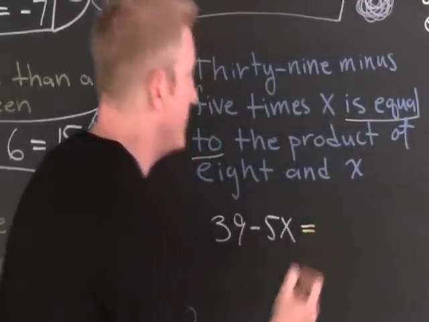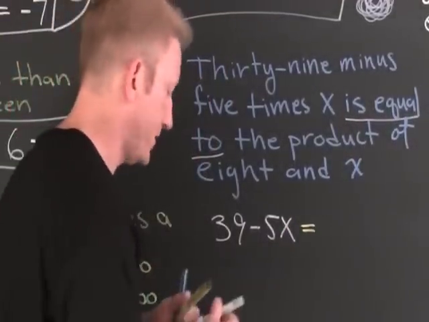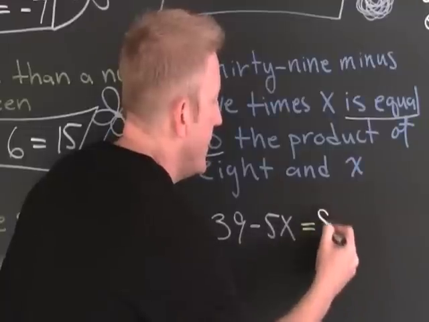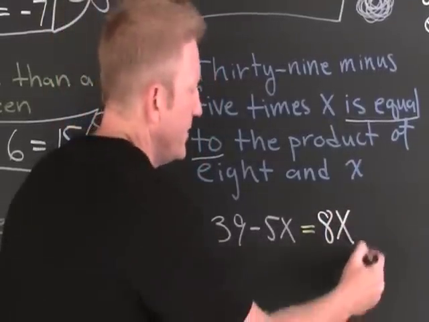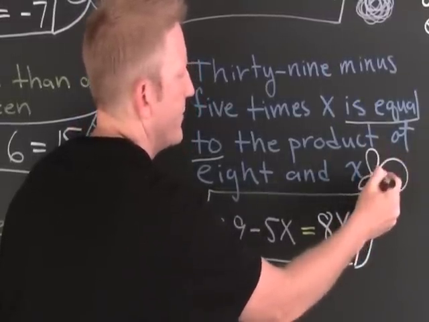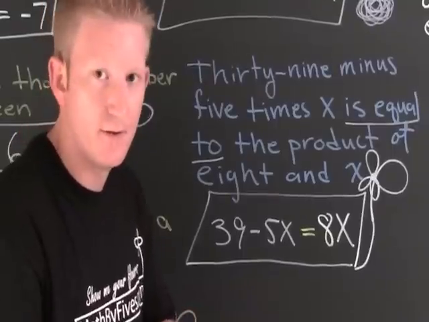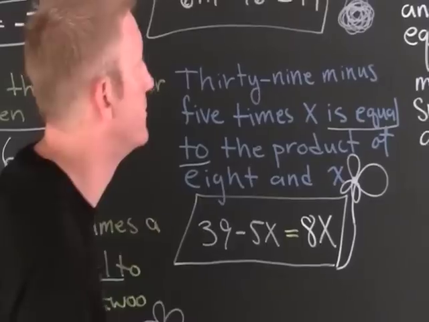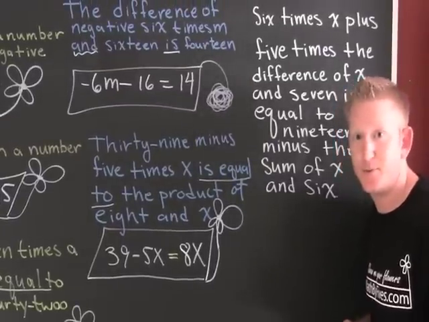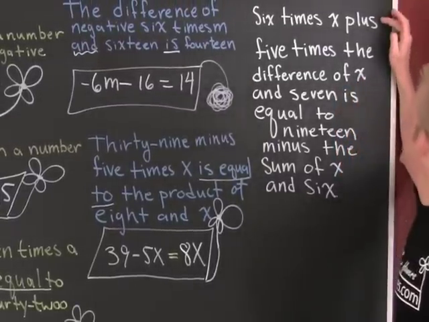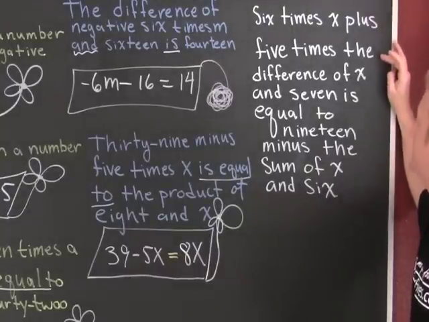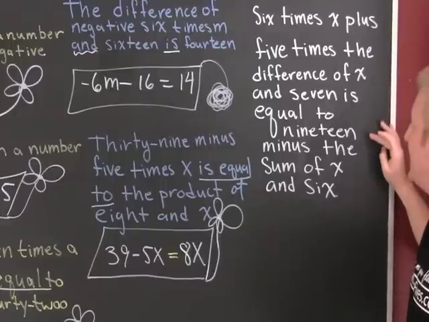That's the equal to, what are we looking for? The product, that means times, of 8 and x. This is 8x. And a flower. Oh man, I hope this next one's rough. Oh boy, this one's a good one. Let's read it. 6 times x plus 5 times the difference of x and 7 is equal to 19 minus